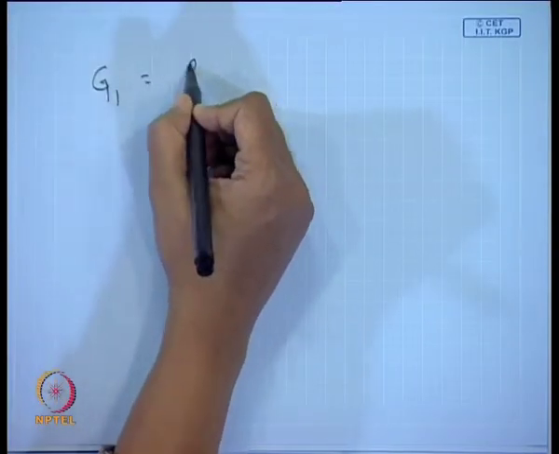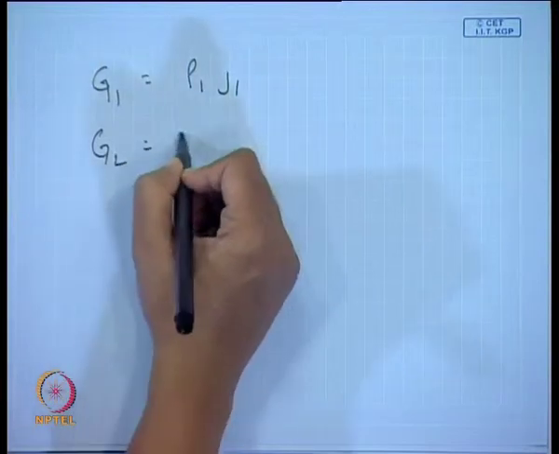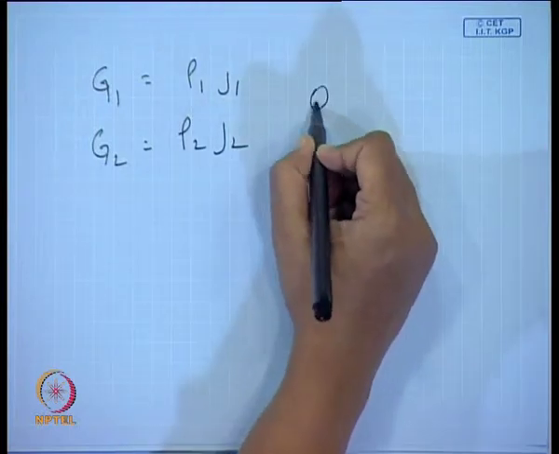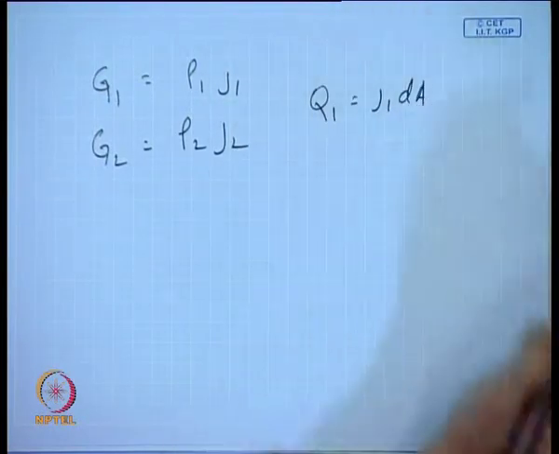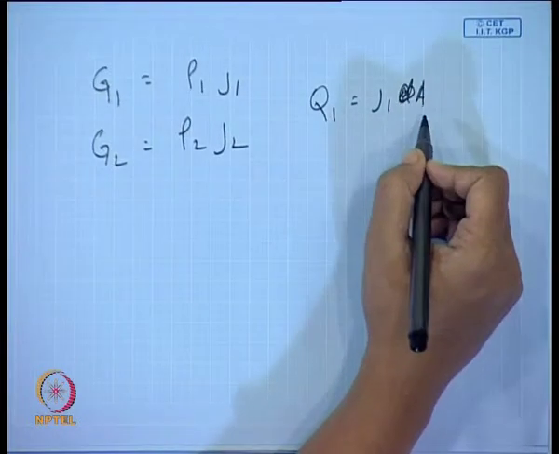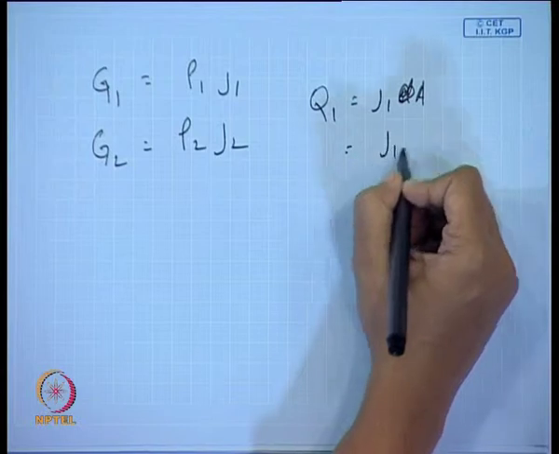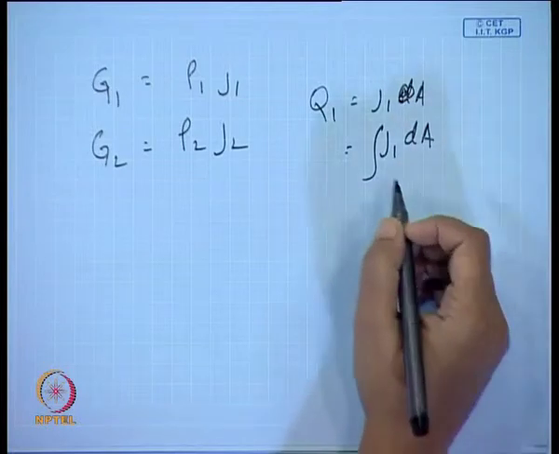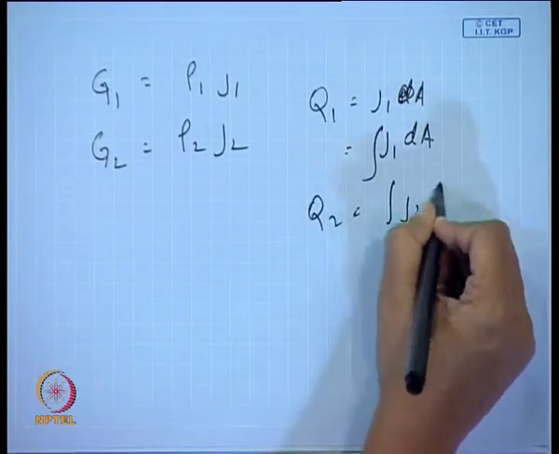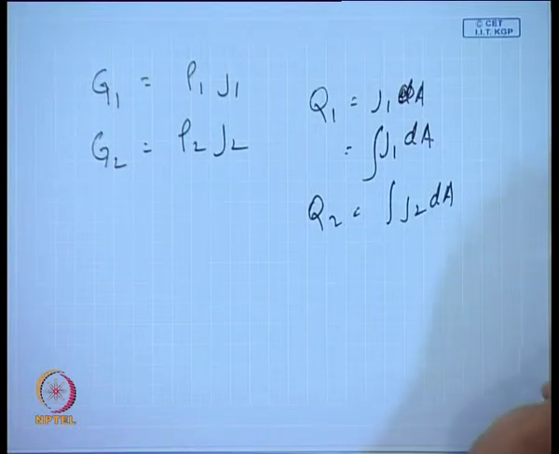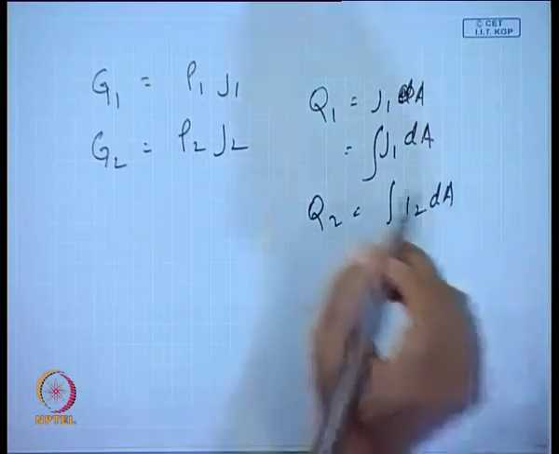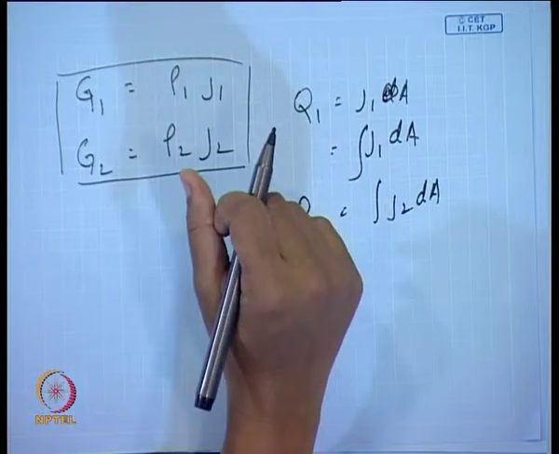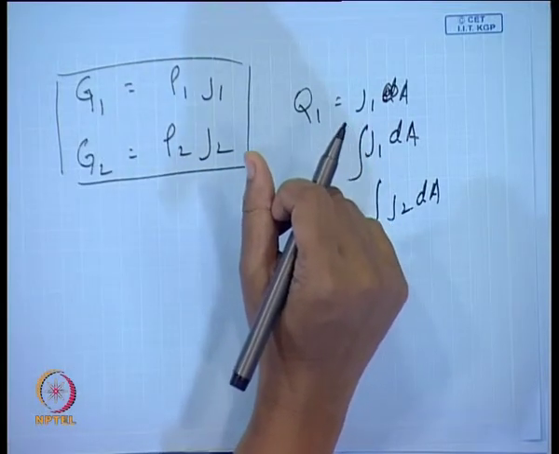It is nothing but g1 equals rho 1 times j1, simply by substituting whatever we have learned. But remember one thing: usually we can write q1 equals j1 into A, but the accurate expression is going to be something of this sort when there is a cross-sectional variation of the void fraction. Naturally, in the same way we can write q2 in this particular manner. When j1, j2 vary across the cross section, we can write it in this particular way. So, these are the relationships which relate your component mass fluxes and the component volumetric fluxes.